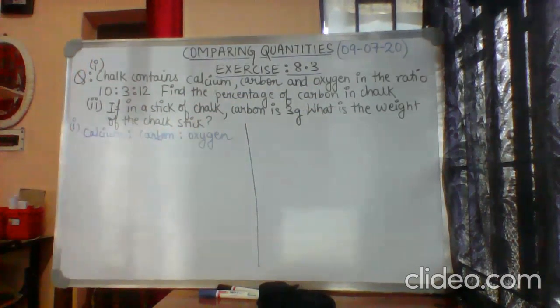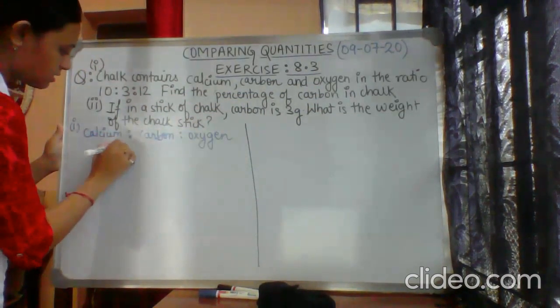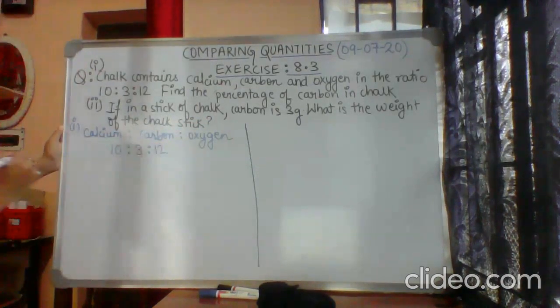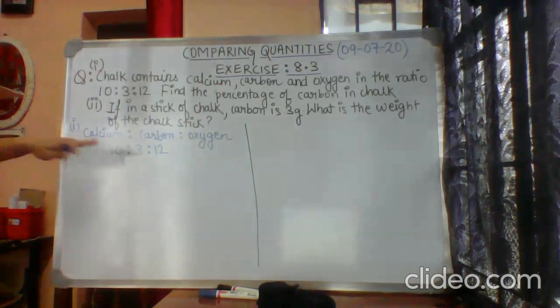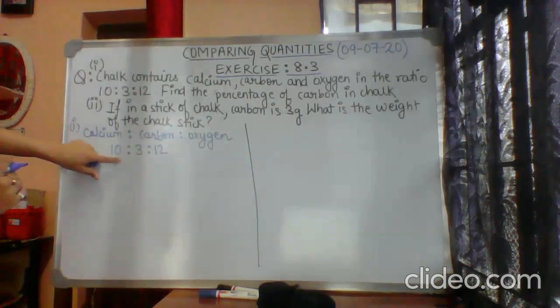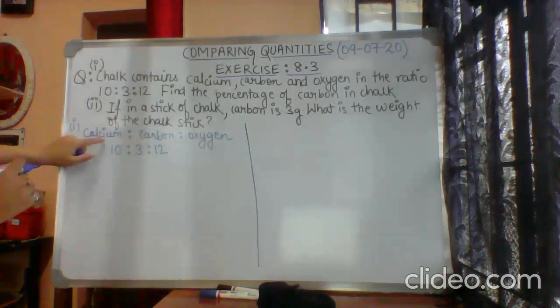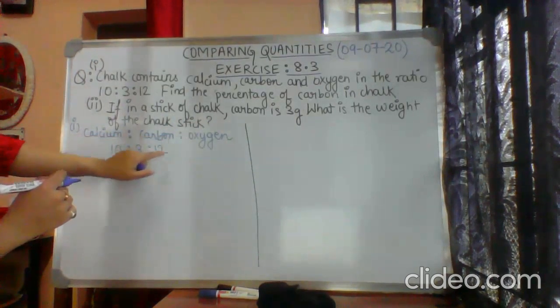What is the ratio given? 10:3:12. It means from this we can get 10 parts calcium, 3 parts carbon and 12 parts